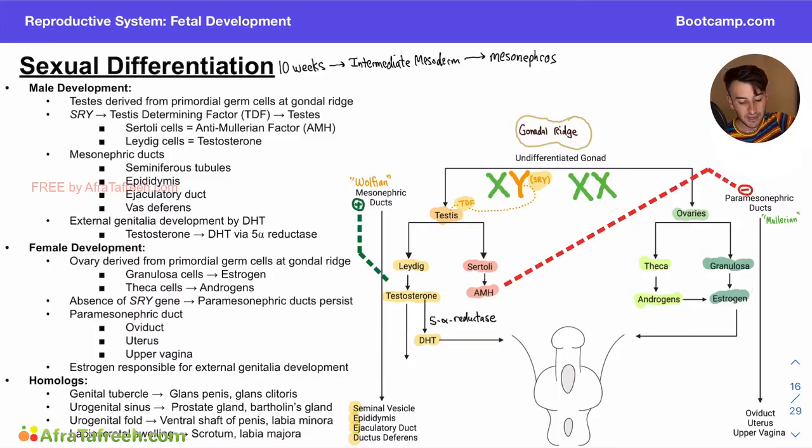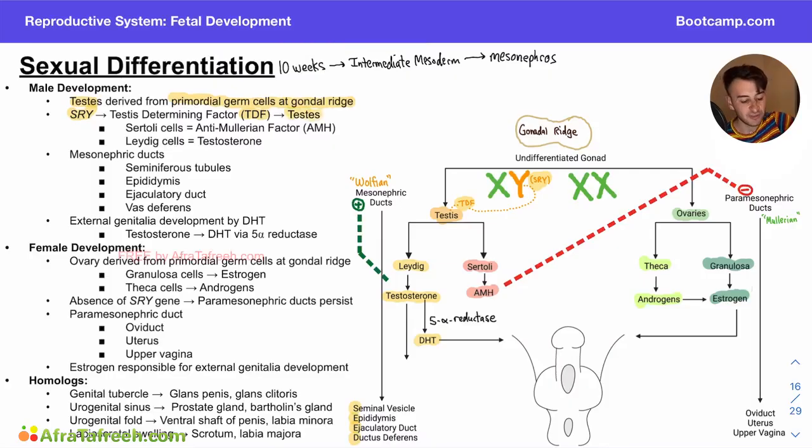So let's go ahead and do a quick review. Remember that our testes are going to come from the primordial germ cells of our gonadal ridge. We are going to have the SRY gene from our Y chromosome. It's going to produce testes-determining factor, which is going to lead to the development of testes from our gonadal